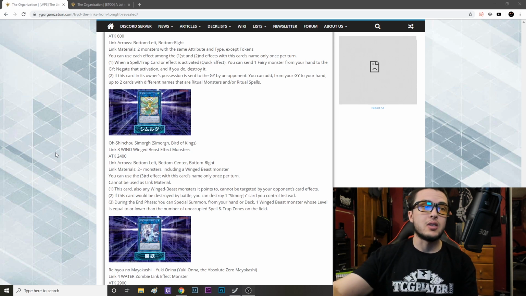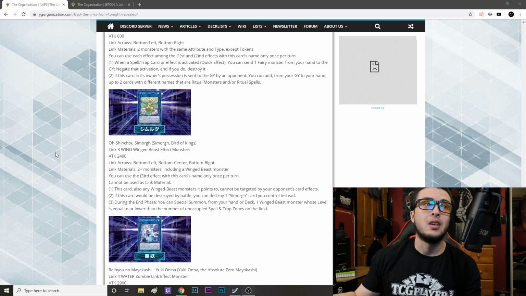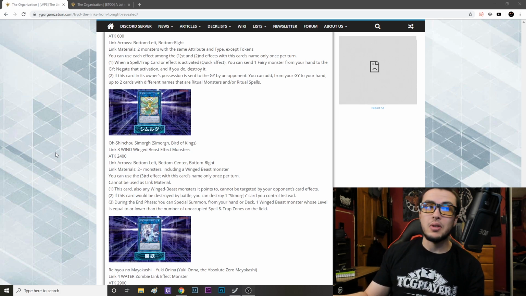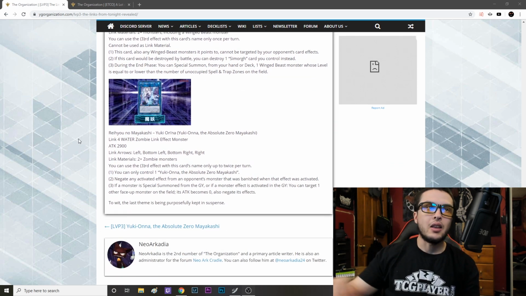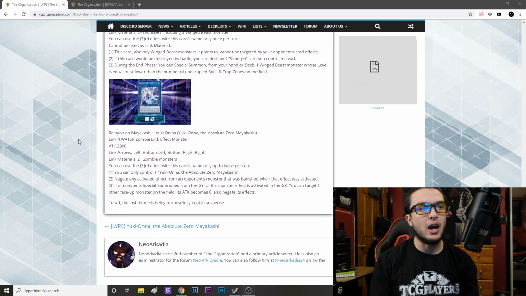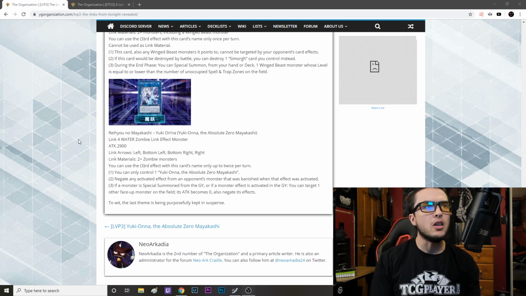That could be pretty good because this deck does sort of have a gimmick of making it so your opponent can't set cards, leaving some room open to summon some high-level Winged Beast monster. I like that effect. And then the last one here, the 8 of the 9 missing, is the Yugioh, the